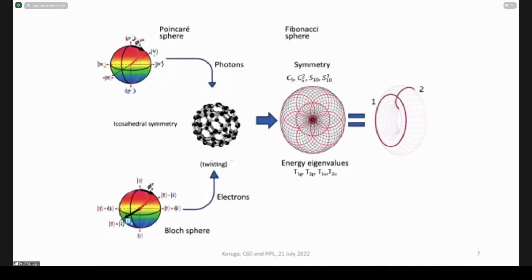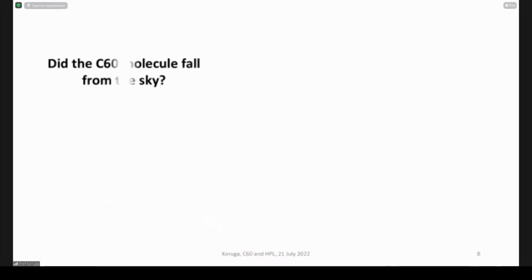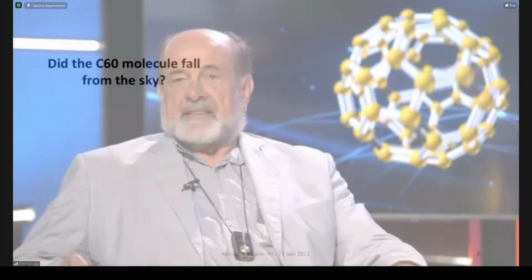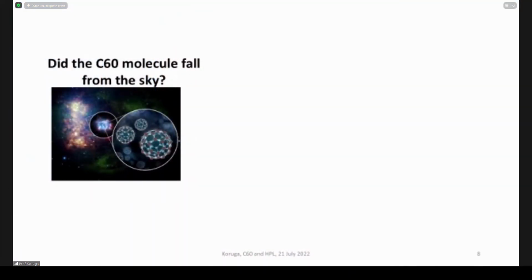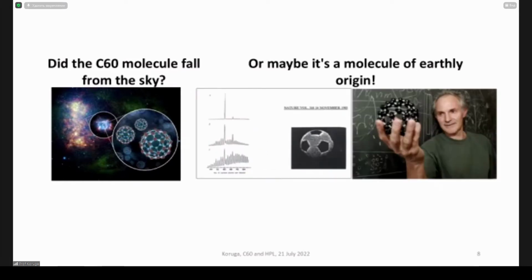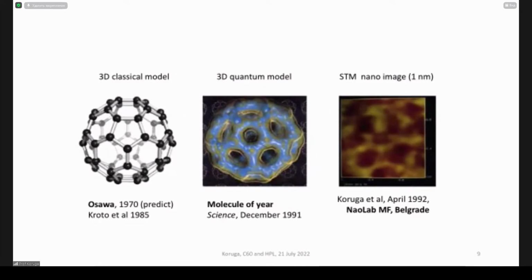Energy goes through some kind of doors, but it is important to understand the mechanism of interaction with the light. And this molecule you can find, we can say, anywhere, because cosmic dust is full of that material. That molecule was discovered in 1985 by Kroto and his research team, and we made the image of that molecule